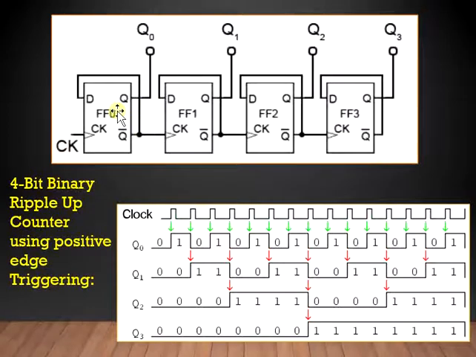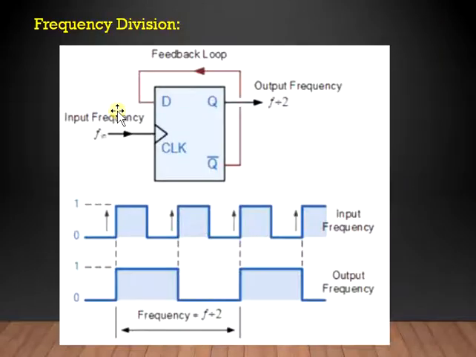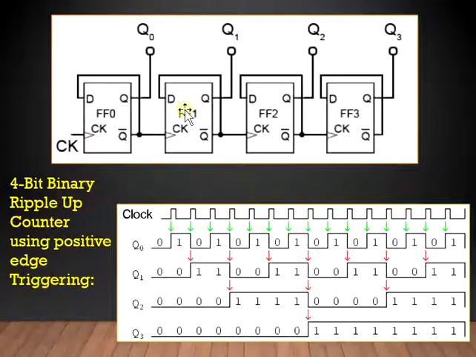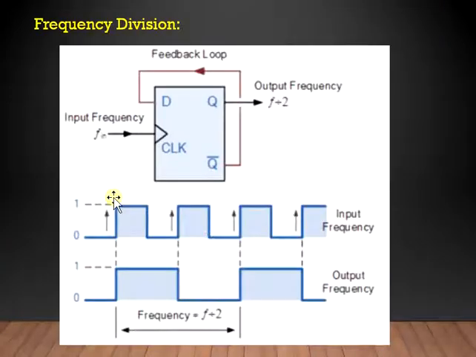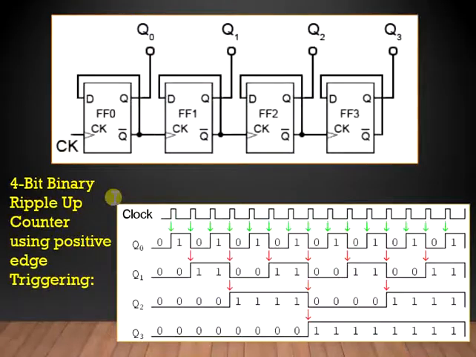So this is equivalent to using a T flip-flop, wherein you have the output that keeps toggling. So instead of using a T flip-flop, if you connect Q bar to the input of the D, then we can obtain the toggling. So even in this case, we are going to connect Q bar to the clock of the next one, because we are talking about up counting. So if you observe the previous one as well, this was also an up counter, this is also an up counter. So both of them are up counters and output will be taken from Q.